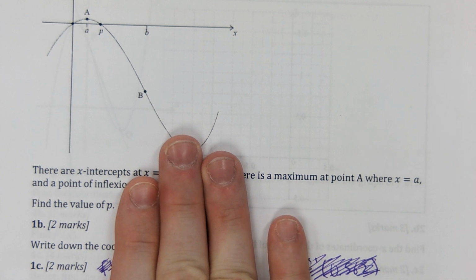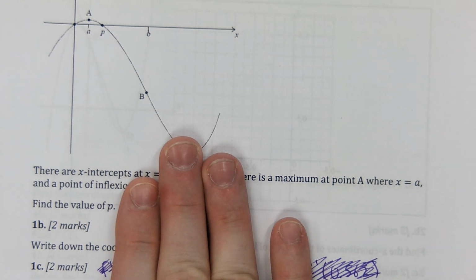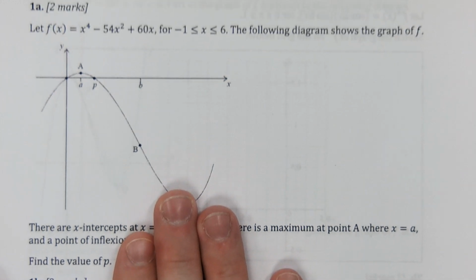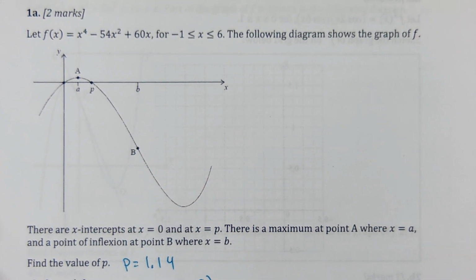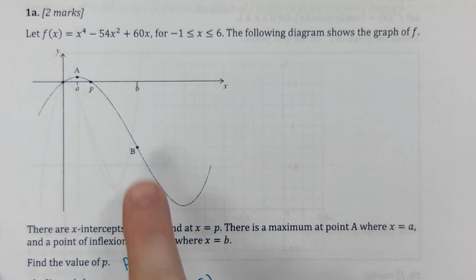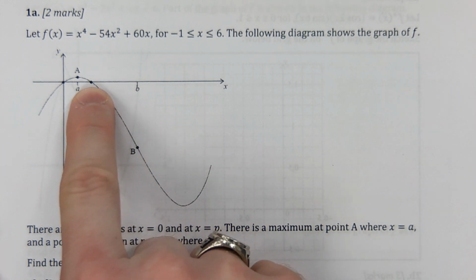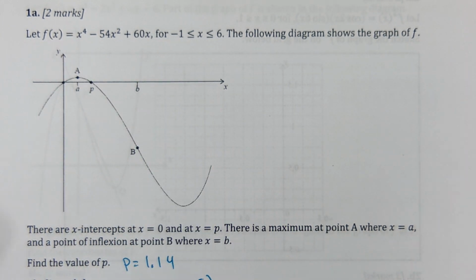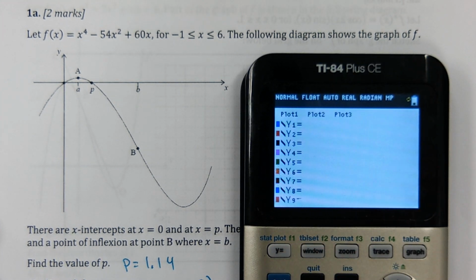As you can see, I've already written on this paper. That's because I started it and then had to stop the video, delete it, and start over. But anyway, we're going to find the value of P. And as you can see, I already have the answer there, but P is going to be a 0 of this function. So what we're going to do is go to y equals, and type